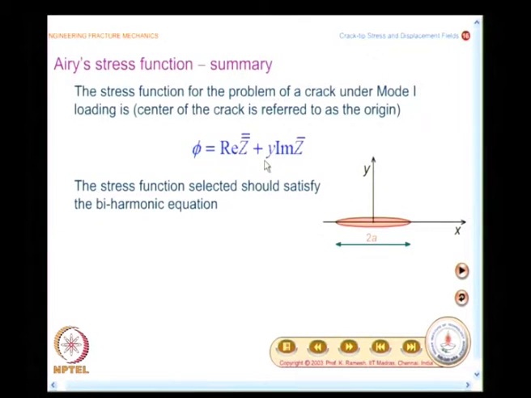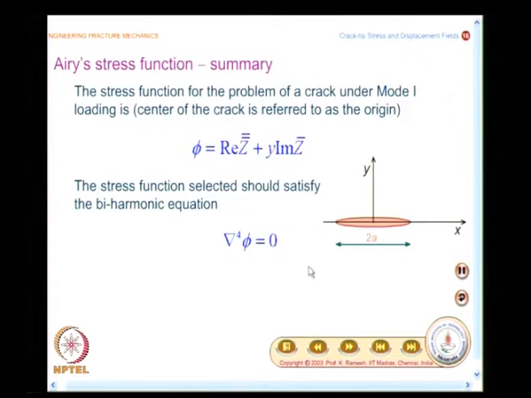plus y imaginary part of Z bar. The Z is a Westergaard stress function. We are yet to see for the case of a mode 1 problem what its form is. But what we had done in the last class was,